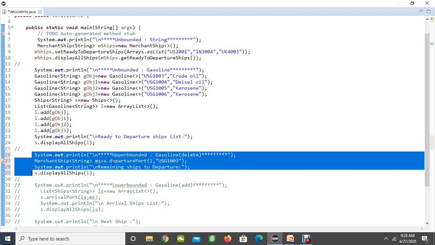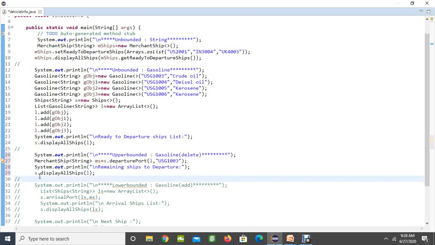This object, I am sending this list, these 4 objects, into this departure port, and I am trying to start this ship. So I have sent this ship number. Finally I am going to display all the ships over here.